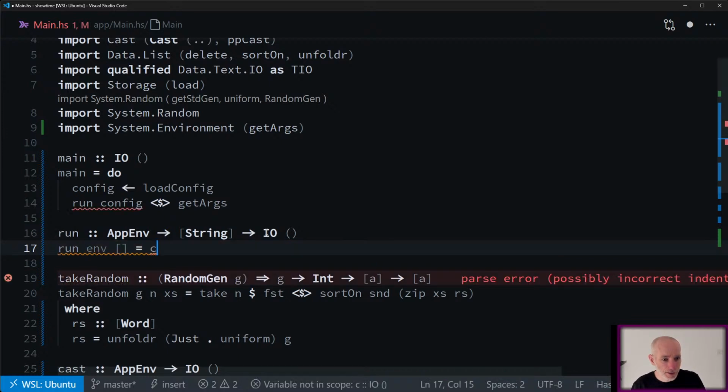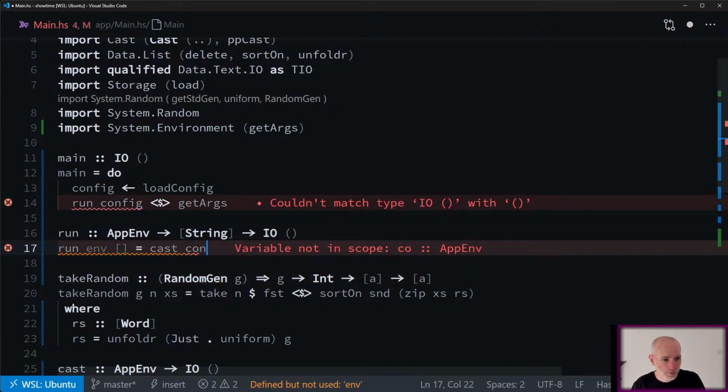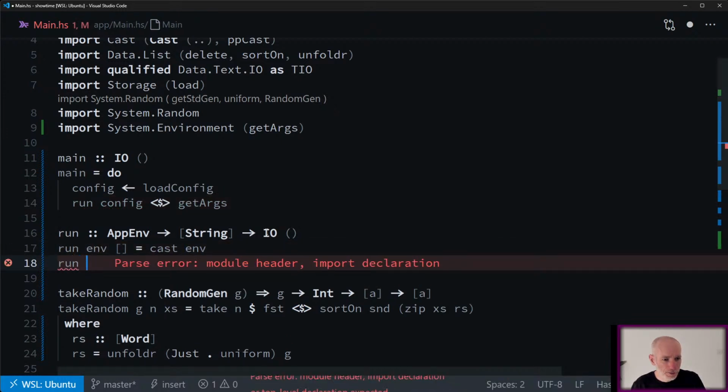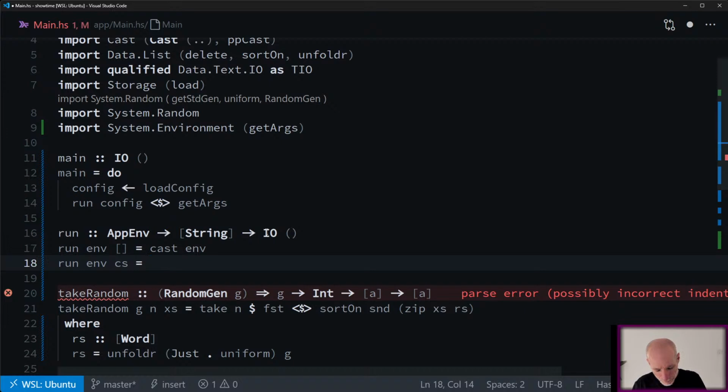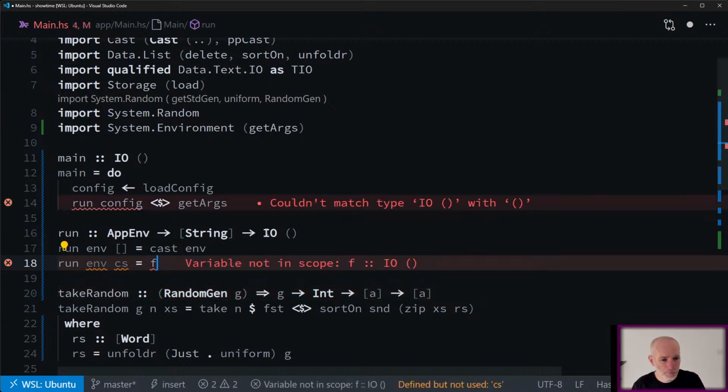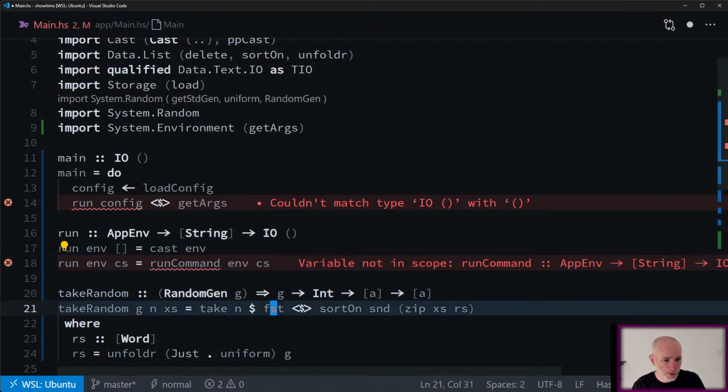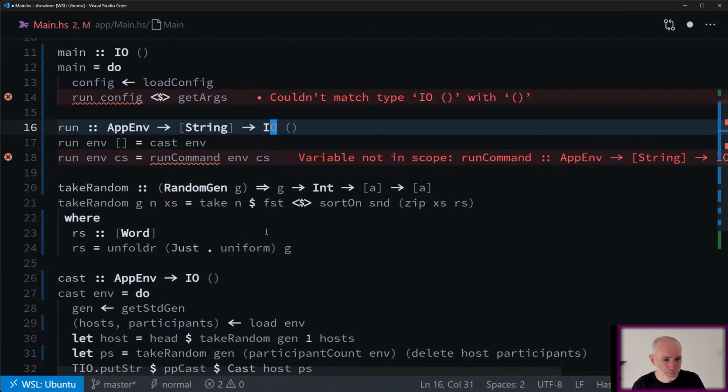So now we can say run some environment and an empty list of arguments. In this case, this is where we run cast with config or env here. And if we say run with the environment and some commands, this is where we want to then say runCommand, give it the env, give it this list of these.